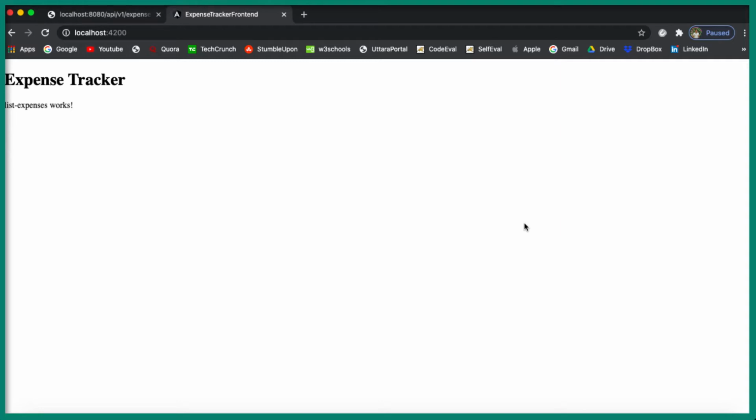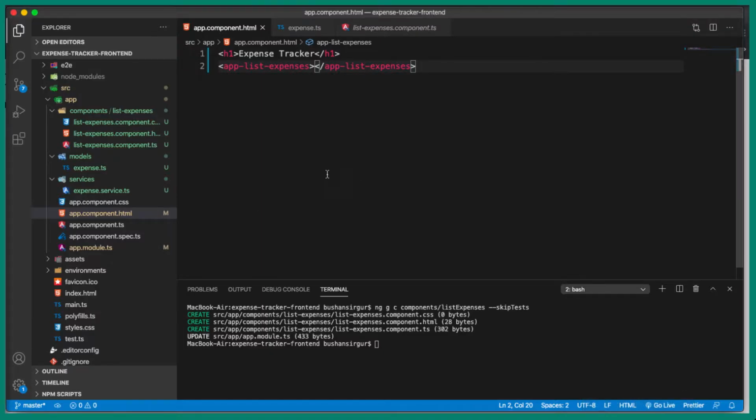So let's begin. Let's go to the Visual Studio Code, and first of all, we need to register the HTTP module inside our root module. Angular has provided a module, HTTP client module, to make a HTTP request to the APIs.